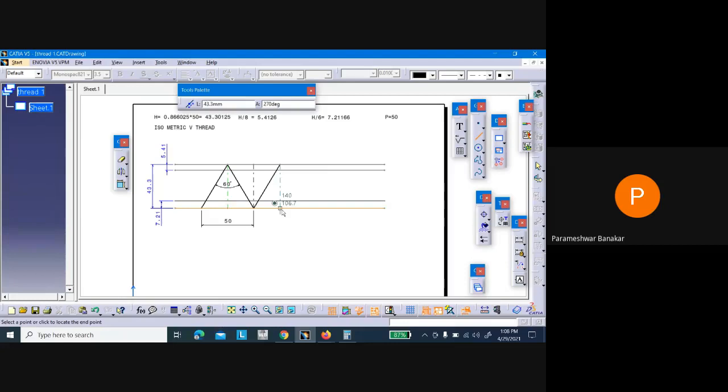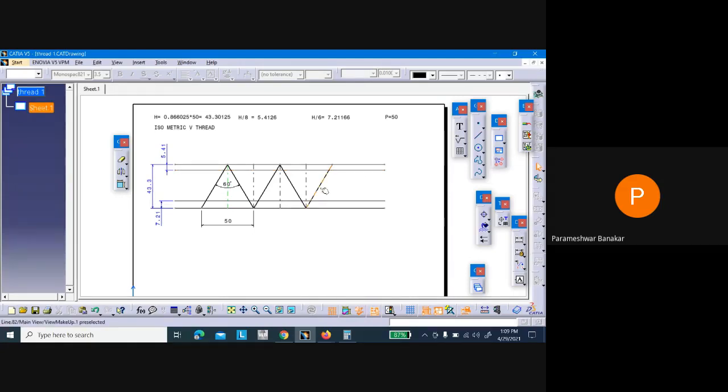Create one more axis. Go to the mirror option, select this line, the center line, and one more thread has come. Similarly, select this axis and create one more axis here. Then go to the mirror option, select this side and this axis, and one more line has come. So this is one kind of method to draw the thread. But now this is wasting our time, creating each time. So for that, there is one more method that I'll teach you.